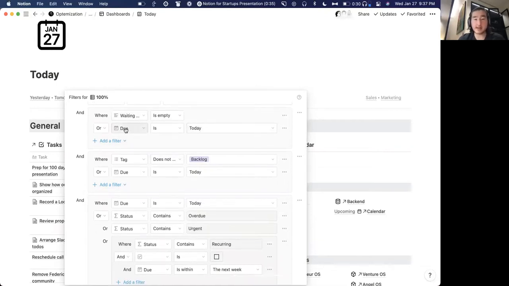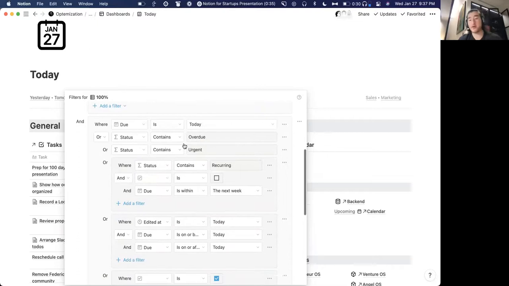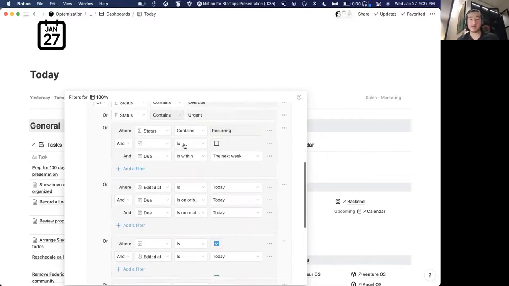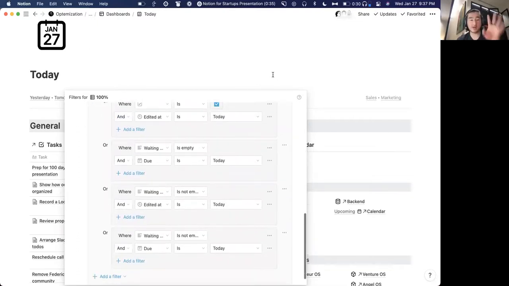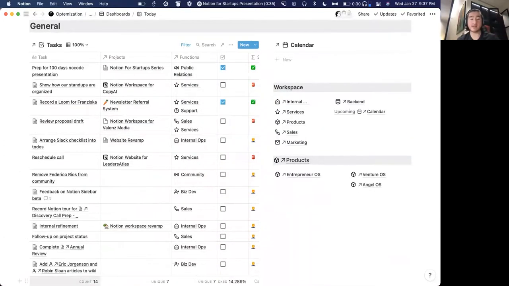It's something where there's no dependencies and it's due today. It's not a backlog, or it's due today. Point is, I'm not going to go through all of this, but this filter essentially ensures that in front of me on this day, I see the 14 relevant tasks of the nearly 2,000 that you saw in the other spreadsheet. So this core concept of Notion, sort of opening a relevant portal to your data, is one of